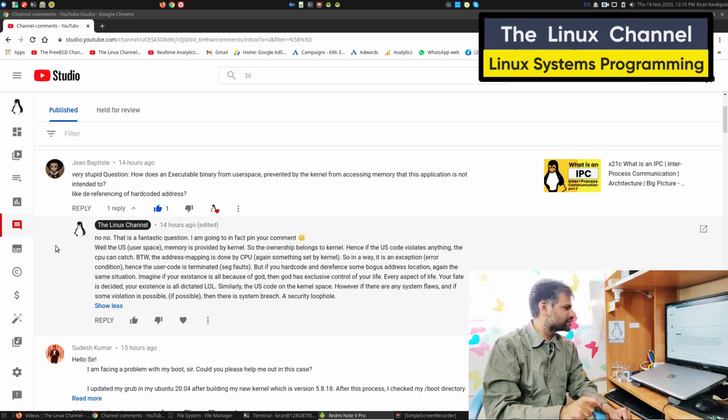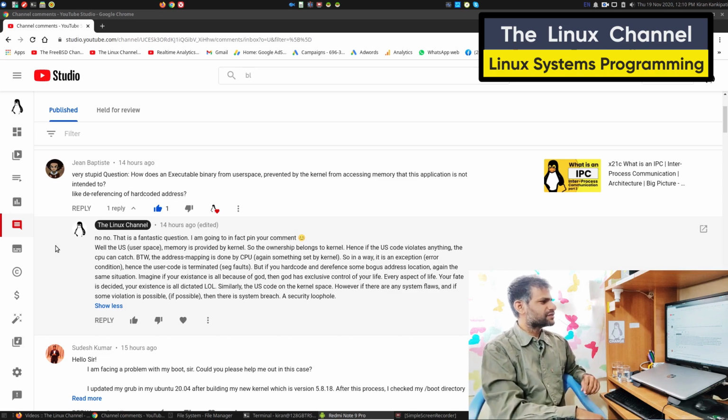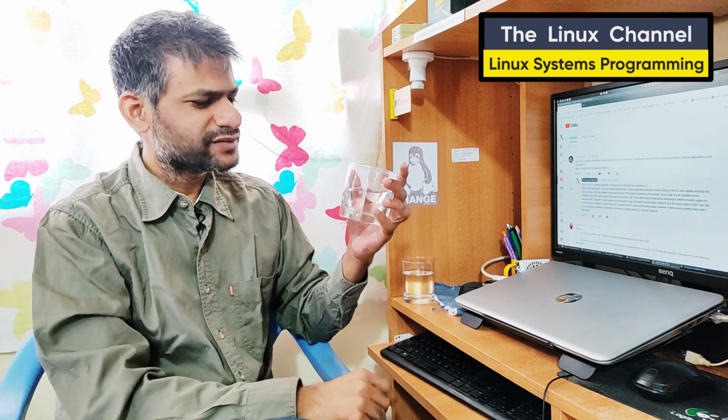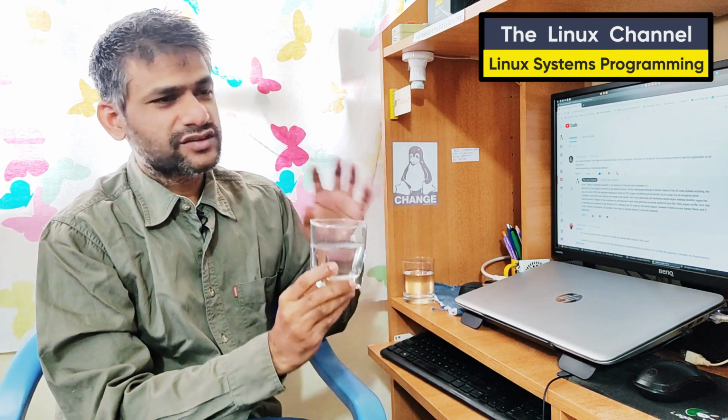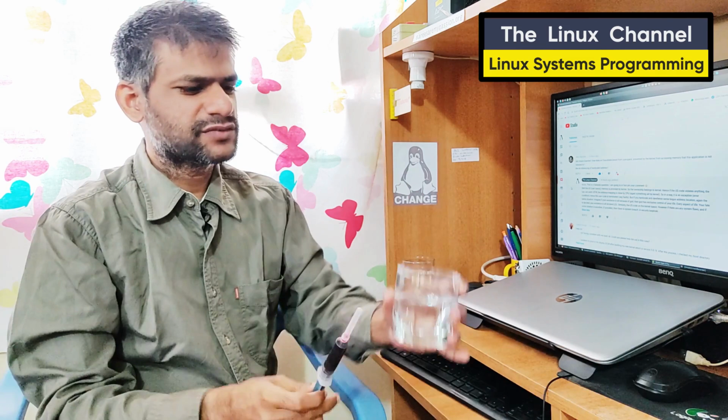Okay, so what I can do is a very quick demonstration. Hope you remember last time I was covering kernel modules and doing some quick demonstrations. Something like that, I can show the context of address space in user space, what actually happens. We take a glass of water like this, and I have a couple of fountain pen ink colors.